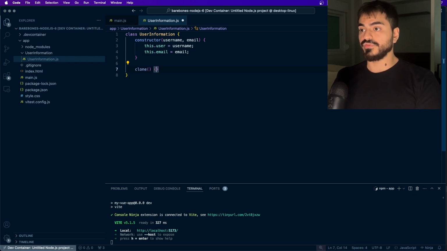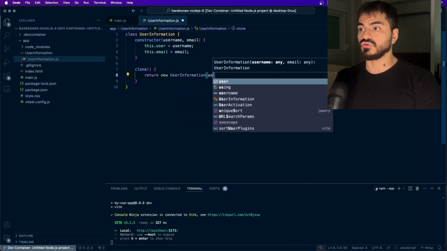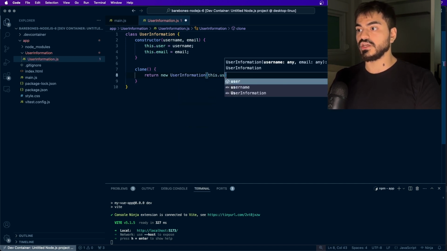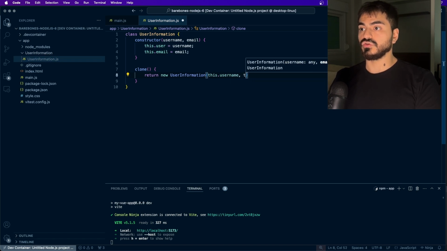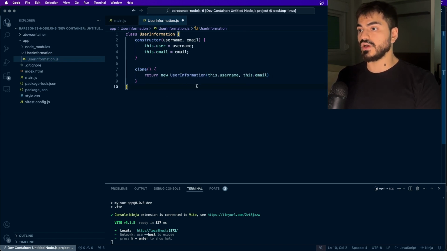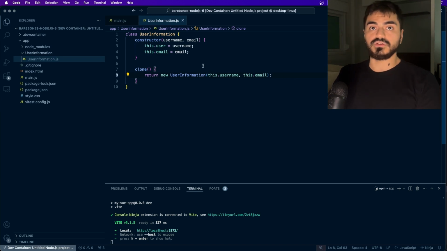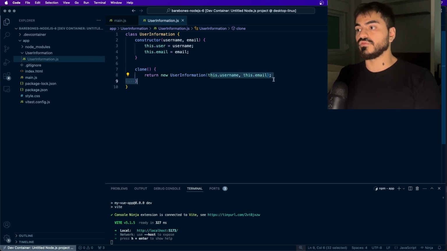We have a clone function here which returns a new user information passing through this.username and also this.email. That's what the clone method on the design pattern that I'm talking about would do. It returns a new object with the same information,